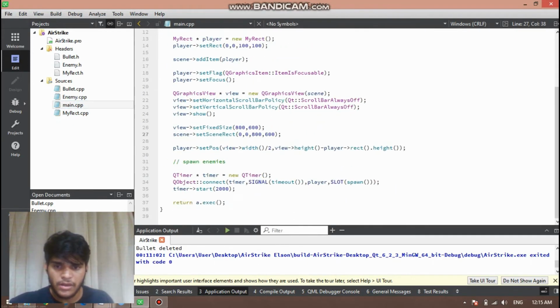So in the main method here, what I'm doing is I'm creating a timer, and I'm connecting the timer's timeout signal with the player's spawn method. Spawn is a method I've created inside the player class. And I'm starting the timer at 2000 milliseconds, so every 2000 milliseconds the spawn method will be called. So what the spawn method does is,